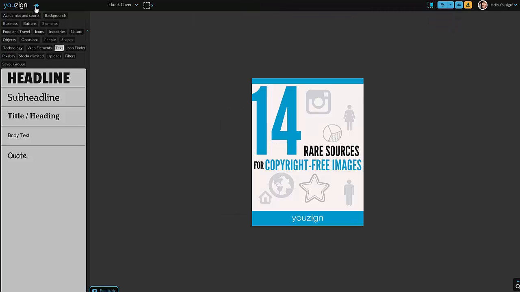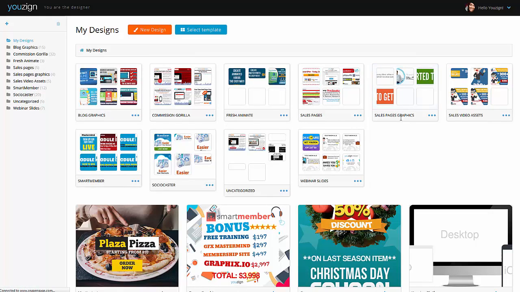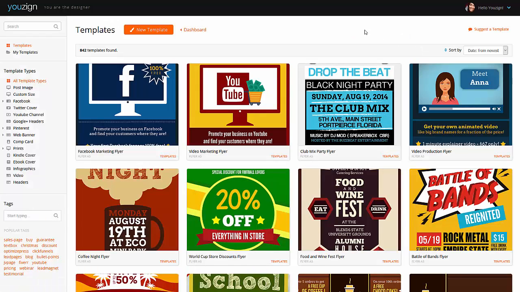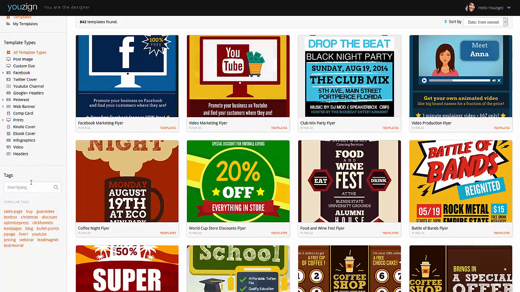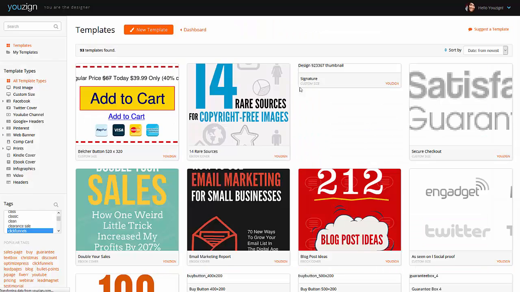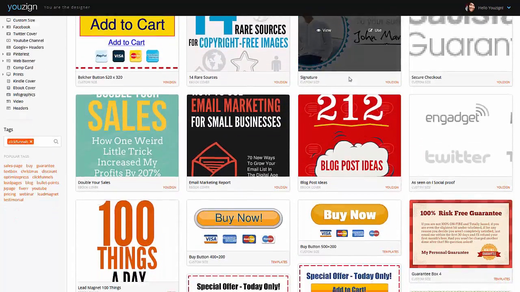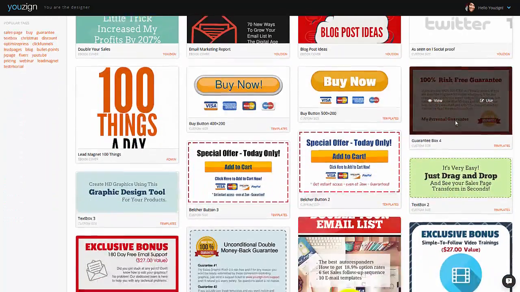I'm going to jump back out to the templates again now and show you one last feature, and then you can find out the rest yourself when you're playing around. But I could be on here for hours showing you stuff. There are so many features that we've crammed into this app. You'd see here we've got tags. We've also tagged images, and we're adding ones for specific things that are in our area of business. So we've got ones here for ClickFunnels. If you click that, then click search, we've got a whole load of like internet marketing style images and things here, like buy buttons and guarantees, and